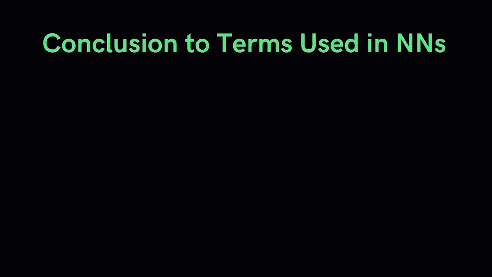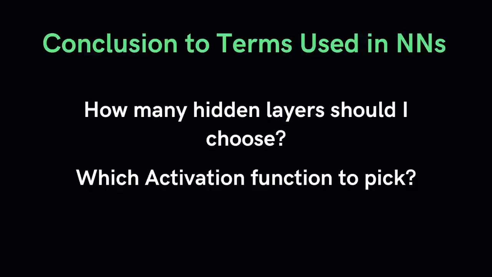Well, I hope that gives you some kind of sense about the very basic terminologies used in deep learning. Before we move on, I do want to mention this, and you will see this a lot in deep learning. You'll often have a bunch of different choices to make. How many hidden layers should I choose, or which activation function must I use and where? And to be honest, there are no clear-cut guidelines as to what your choice should always be. That's the fun part about deep learning. It's extremely difficult to know in the beginning what's the right combination to use for your project. What works for me might not work for you.